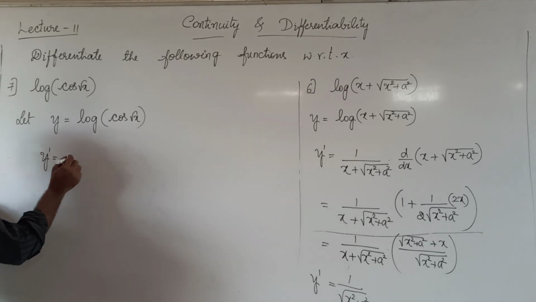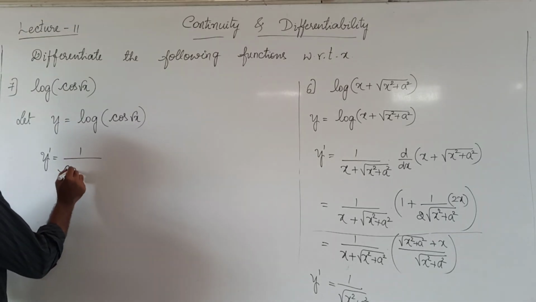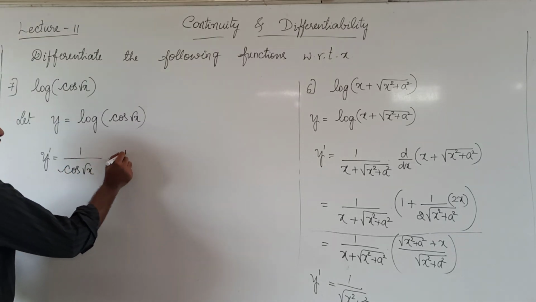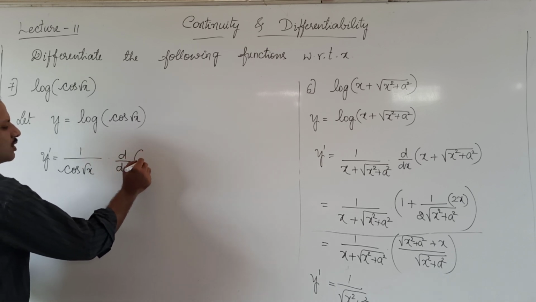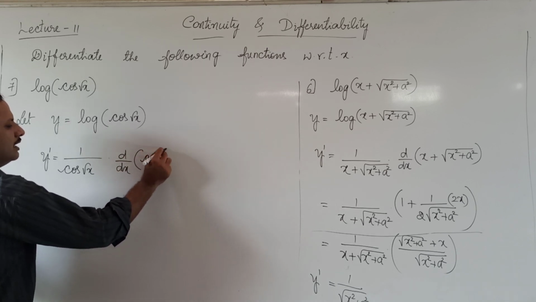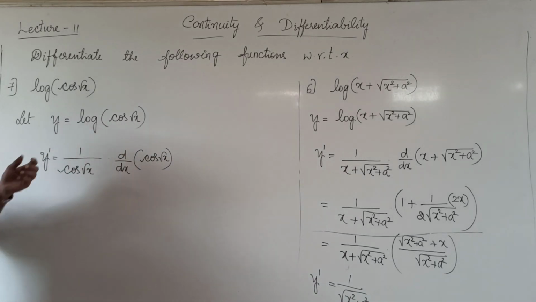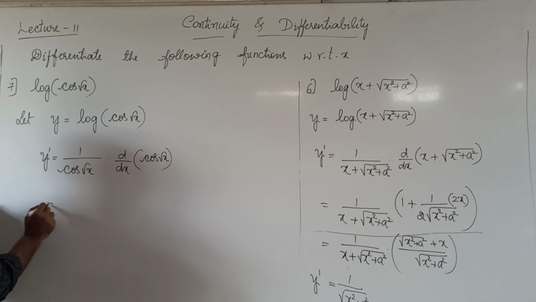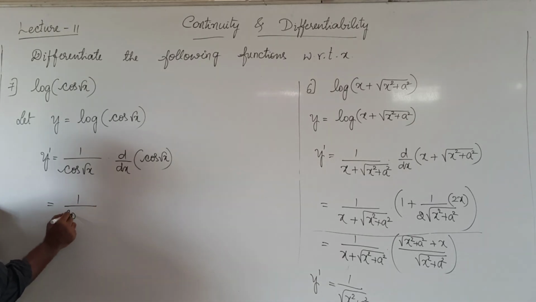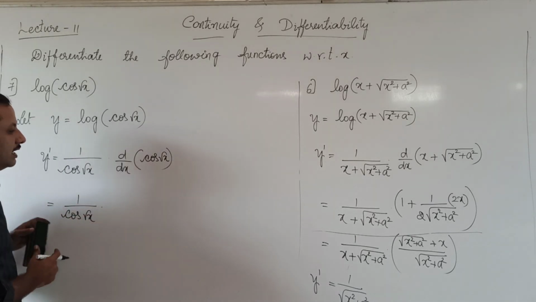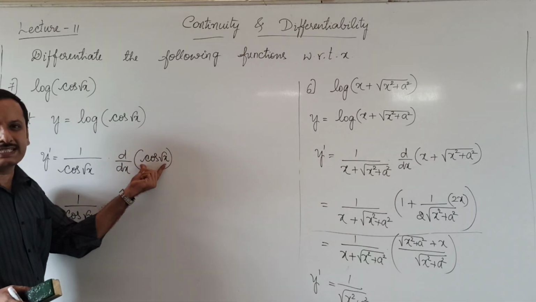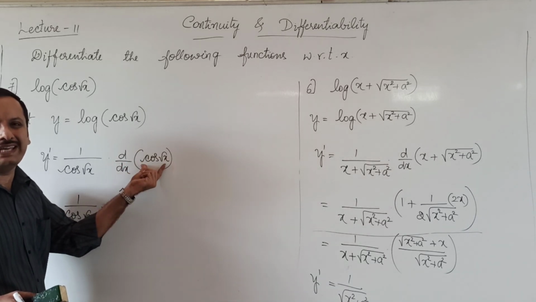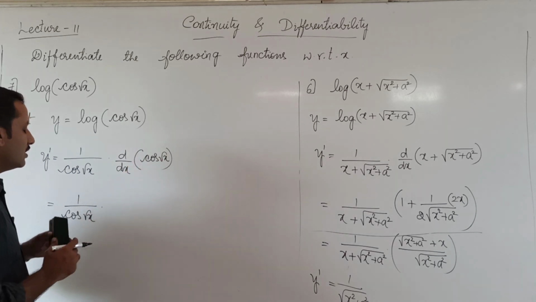So derivative of log cos root x is 1 by cos root x into d by dx of cos root x into the derivative of cos root x. First we have differentiated for this log, now we have to differentiate for that cos. So that's equal to 1 by cos root x into, it looks like cos x. Derivative of cos x is minus sin x. So derivative of cos root x would be